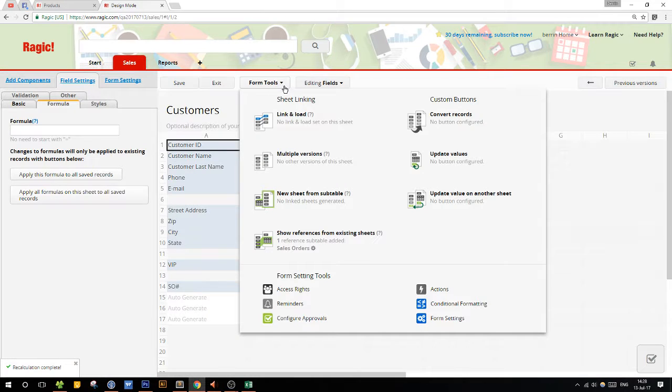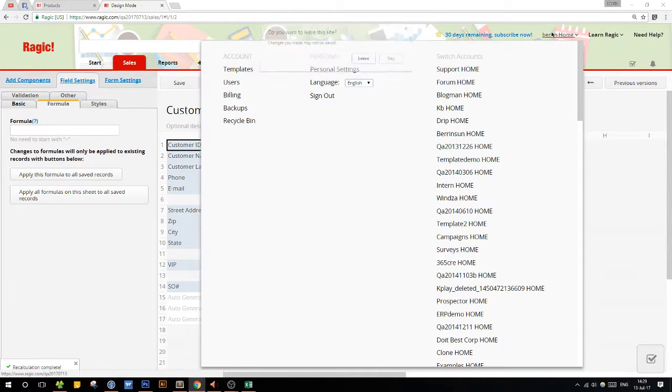And again, we did go through a few linking options over here. The buttons are another story. It's basically updating values or posting a value from one sheet to another. So you can look into those as well. We all have this information in our